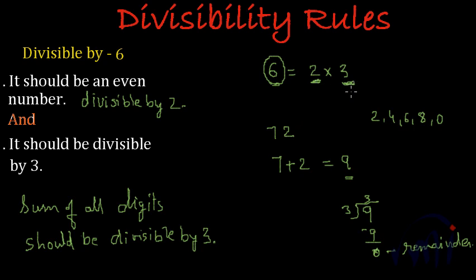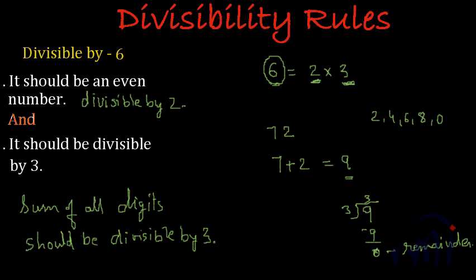So it should be divisible by 6, right? Because yes, it is not or. It has to be divisible by both 2 and 3. Then only we can say it is divisible by 6, right? Because 6 can be written as 2 multiplied by 3. 6 is a multiple of 2 and it is also a multiple of 3, right? 2 and 3, both of them are prime numbers. So if a number is divisible by 6 or not, to check that, we have to check the divisibility of that number with both 2 and 3, right? So we have seen that this 72 is divisible by both 2 and 3.